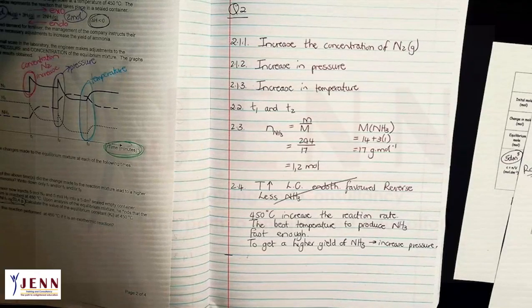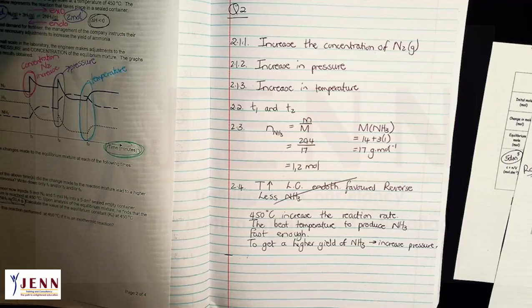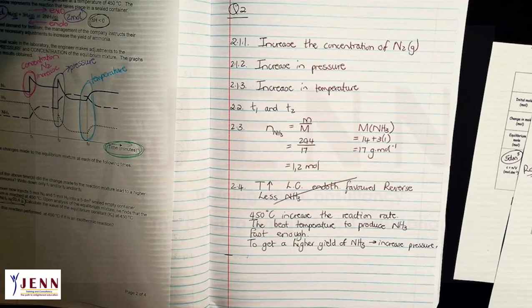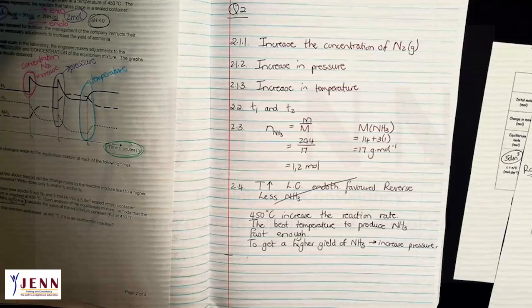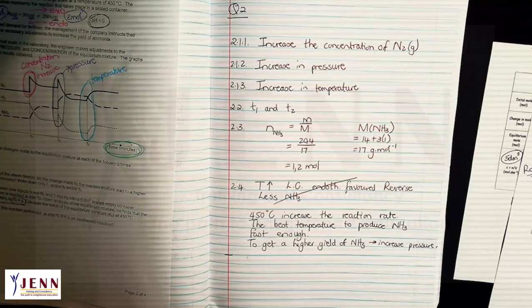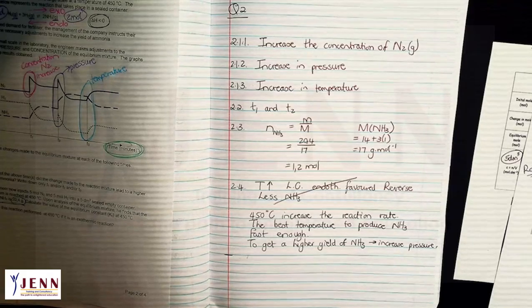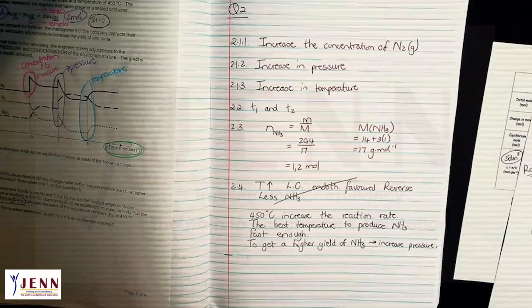So you can't just always say increase the temperature or decrease the temperature, because if I decrease the temperature, I will favor the exothermic reaction. But then the reaction is so slow that I have to wait a long time to produce the fertilizer. And in the industry, it's not going to work. So just see for this one. So this is a level 4 type of question that you do. So that is where reaction rate and chemical equilibrium go hand in hand.